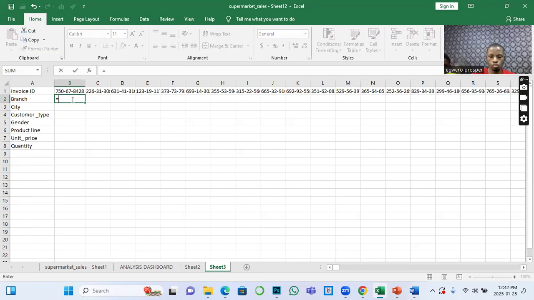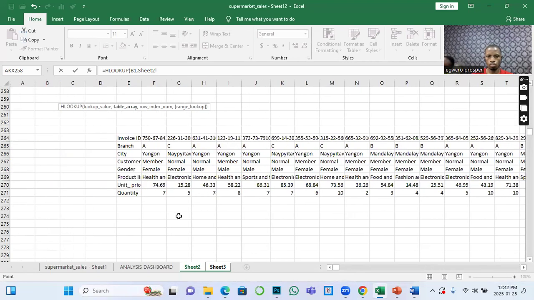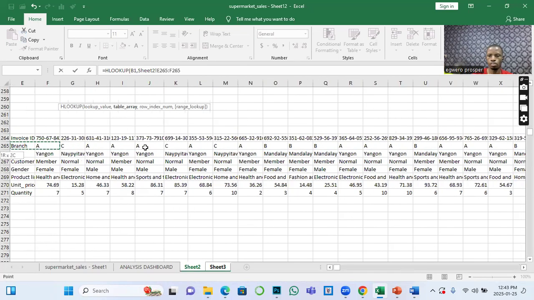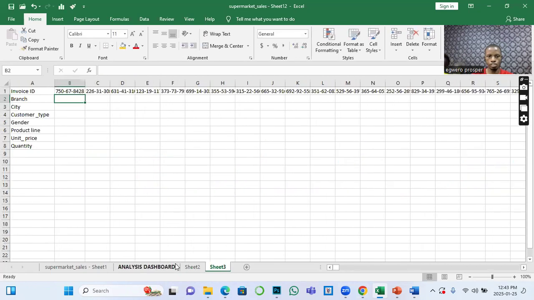So HLOOKUP. Lookup value is this, right? Then our table array will now be the selection of this. Our table array, we included this that time, abi? So we select only this. No, we have to include the ID. That is why it's not working. We have to include the ID. Sorry. So let's do that. HLOOKUP,